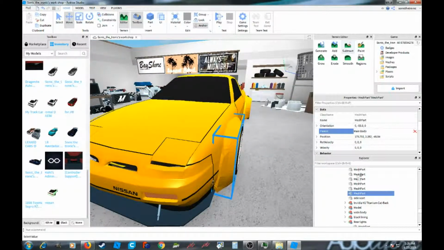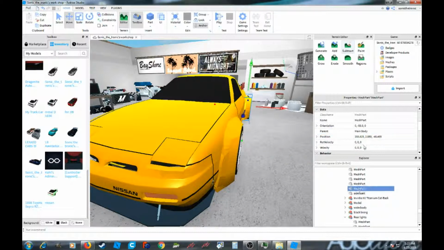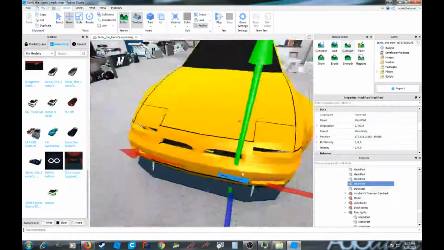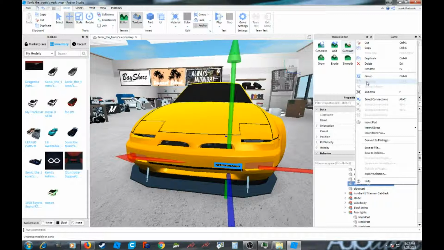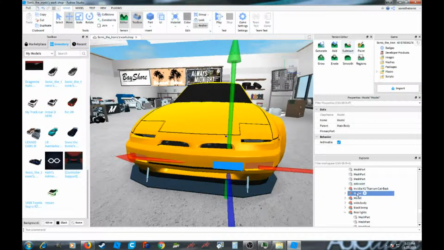Usually cars are not this organized. I'll show you guys another car probably. So go back to wide body, and then this is a logo. So I'll make another one. We'll group that and call it